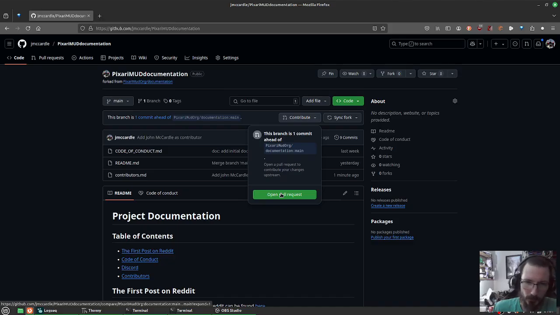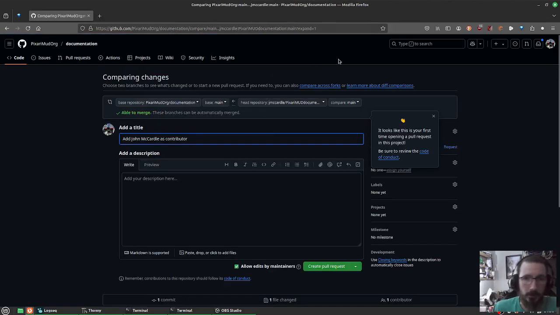A pull request is kind of a GitHub specific concept that exists across all web front ends to Git, like GitLab or Git now. But you can't really do this from the command line because it's specific to the website we're using to share. It's not really a Git functionality. But I'm going to say open PR and